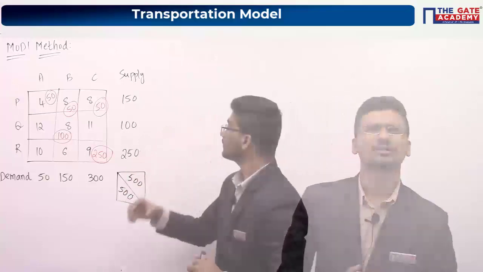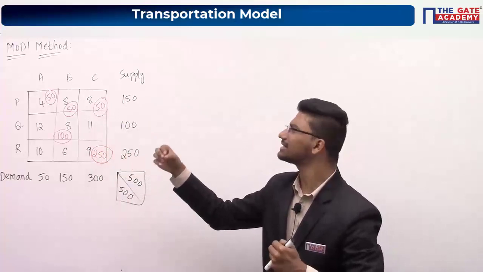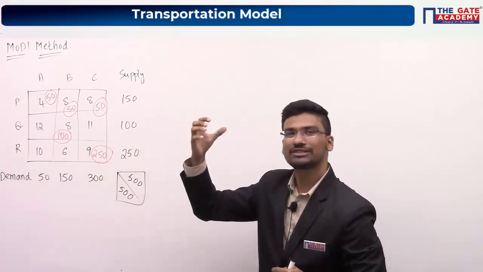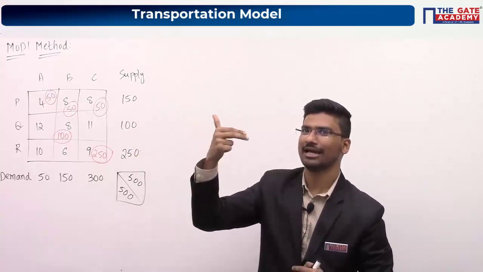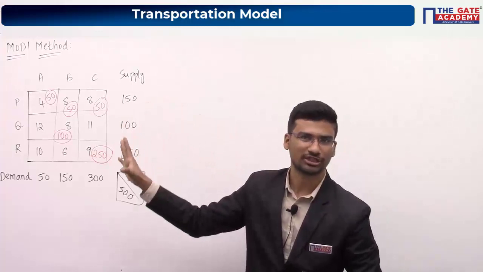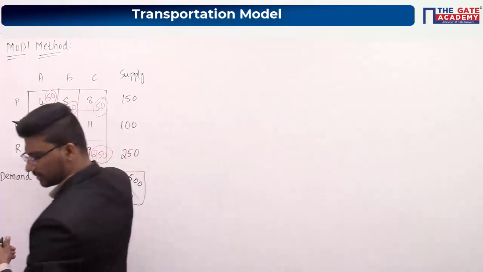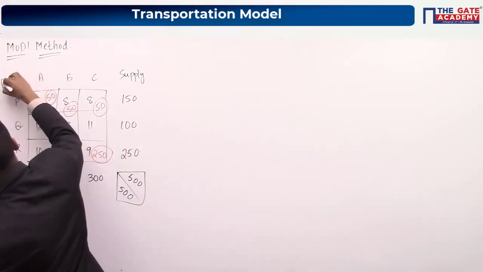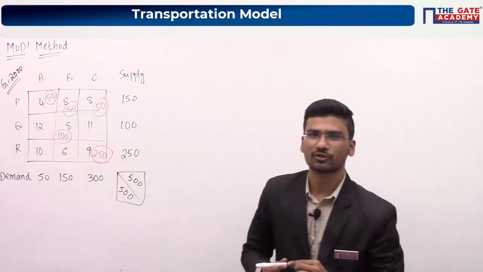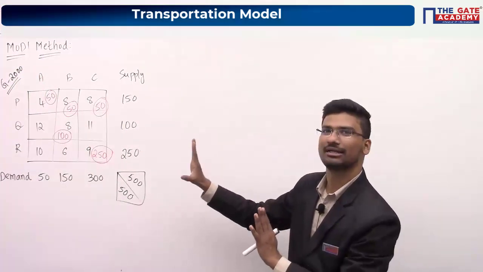This is the question. This is the initial basic feasible solution. We just gave it some name. Using those three methods, the NW method, LCM method and VAM method, we found initial basic feasible solutions. Now this is also a GATE previous year question. I think it is GATE 2000, I guess. At that time they used to ask some conventional type of questions. That's why it is a little bit lengthy question. Don't worry.